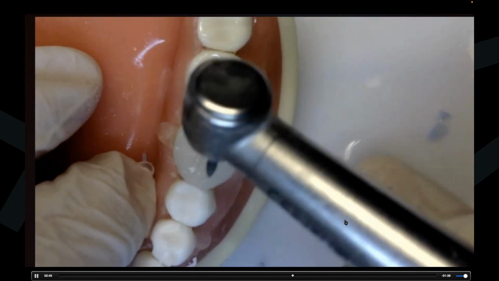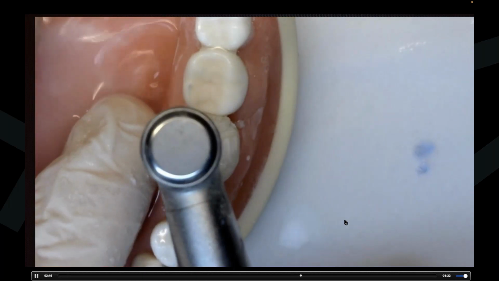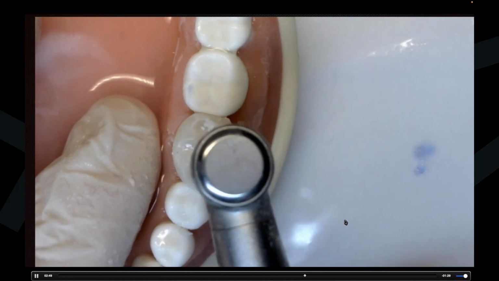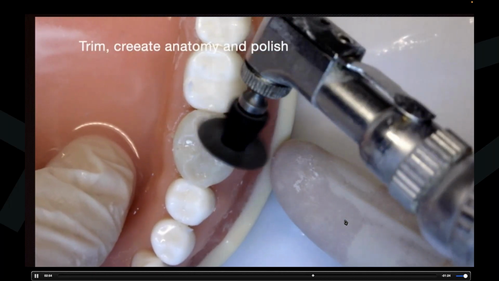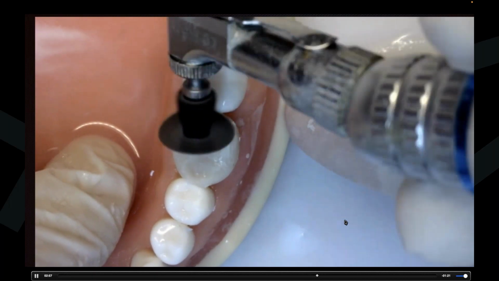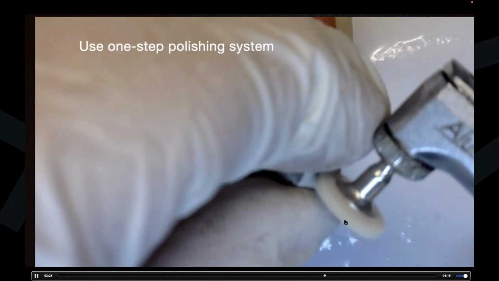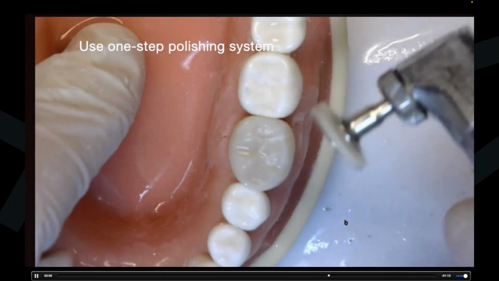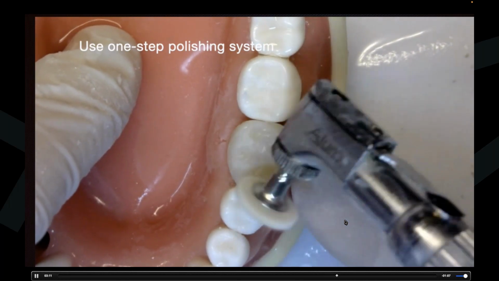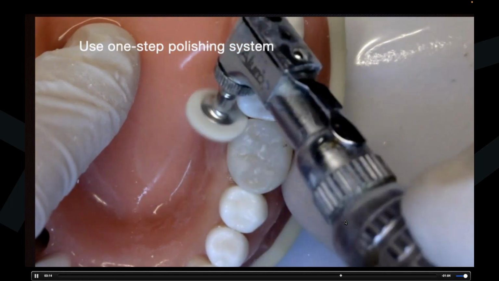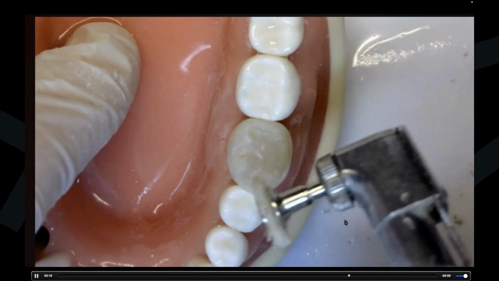And you can see we like to have him use a lot of water with our burrs. There's the acorn going to work to carve the planes, carve the triangular ridges, all the things that you want to be able to do. And now he's using his discs to lower that and make the entry for the floss much better. Now he's running the nano diamond on there, because he used also the Christmas tree, which is a 15 micron, as opposed to the acorn, which is a 50 micron. The 15 micron leaves a very smooth surface.